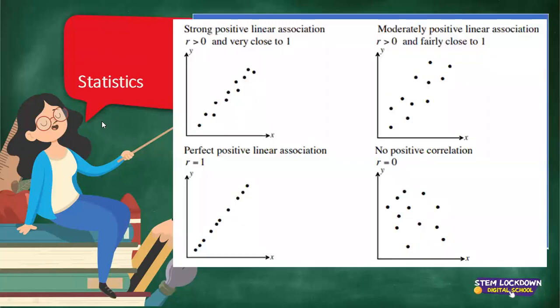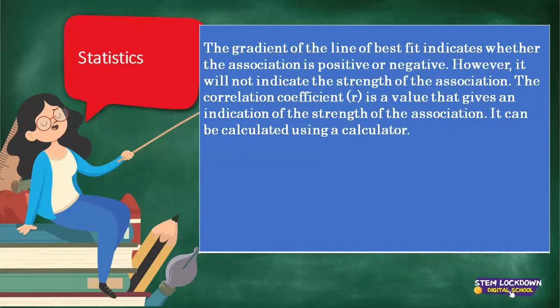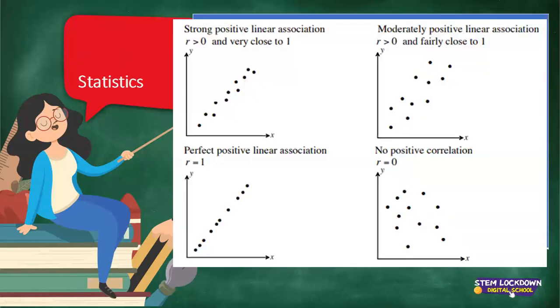Right. So before we go into calculation of our correlation coefficient, let's look at the different strengths of correlation. So we're saying if your scatter points look like this, after plotting your values of your dependent variable on the y and independent variable on the x, when you have the scatter points plotted up like this,